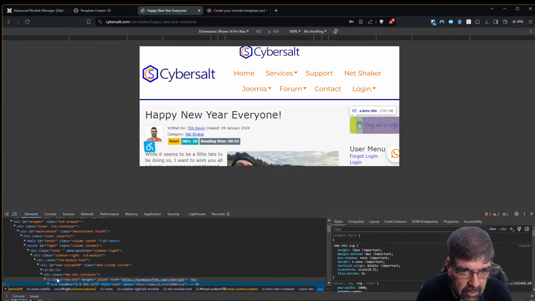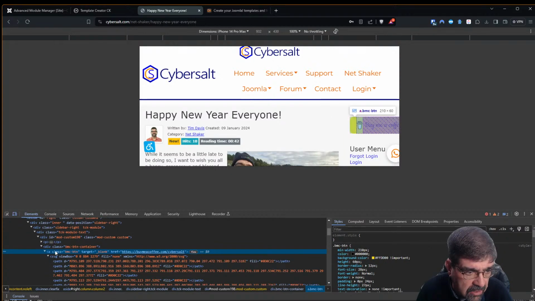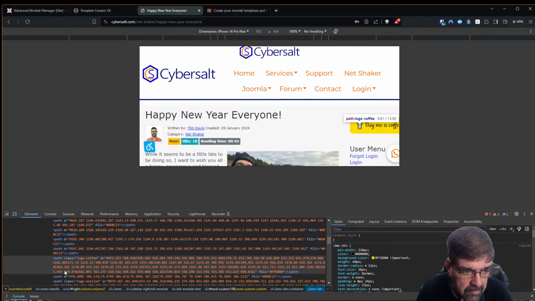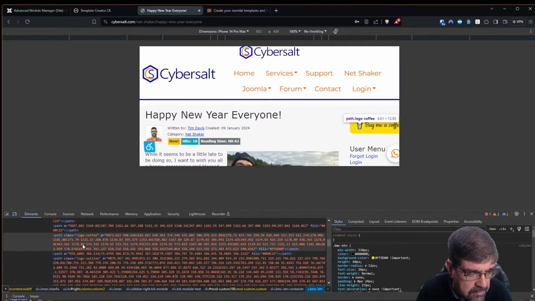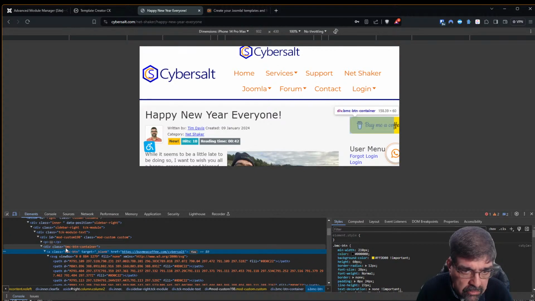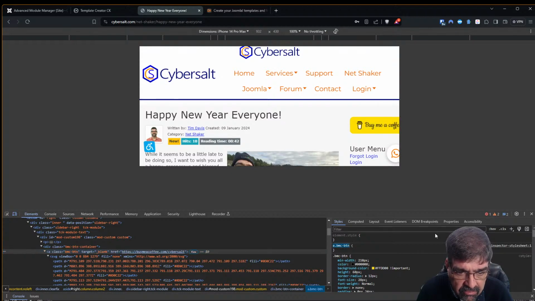I want to get to where, okay, that's what's super wide is that. If I go to where that is selected, A class, target blank, buy me a coffee. If I create some CSS there and go width,